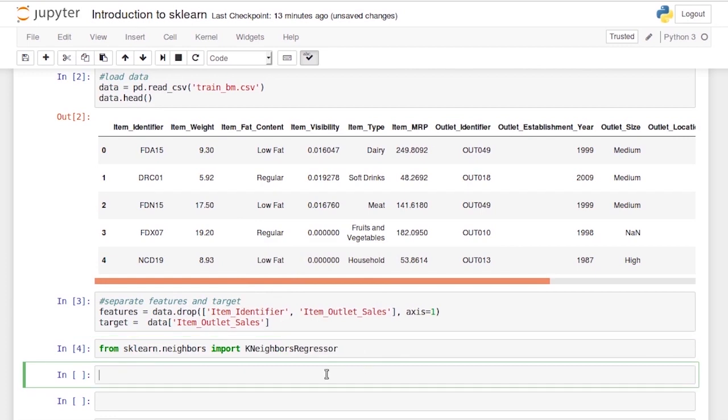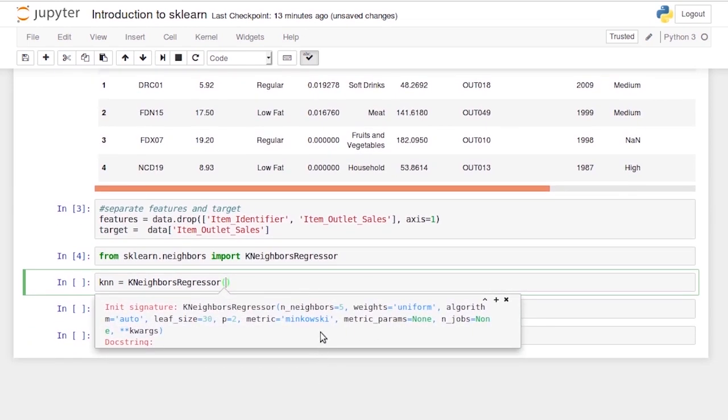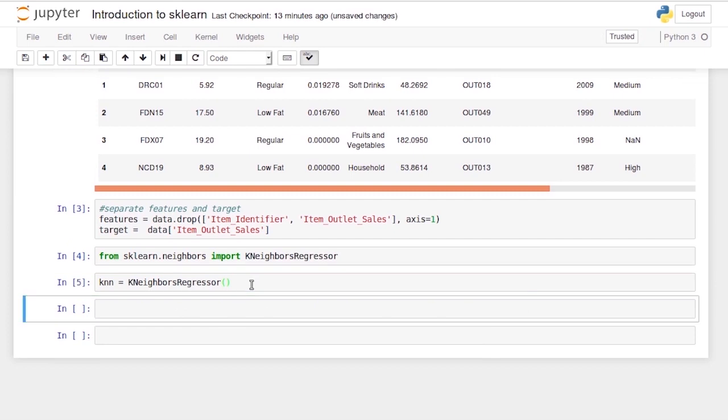Now the next step that we discussed was to create an instance for this class. So for that, I'll store this in a name KNN, and here I'll write the complete KNeighborsRegressor. And in this way, we create the instance for a class. Now within this, there are various parameters which we can assign. So again, you have to press Shift Tab and it will give you the details of what parameters you can set. So these are the parameters for KNN, and just run the cell.